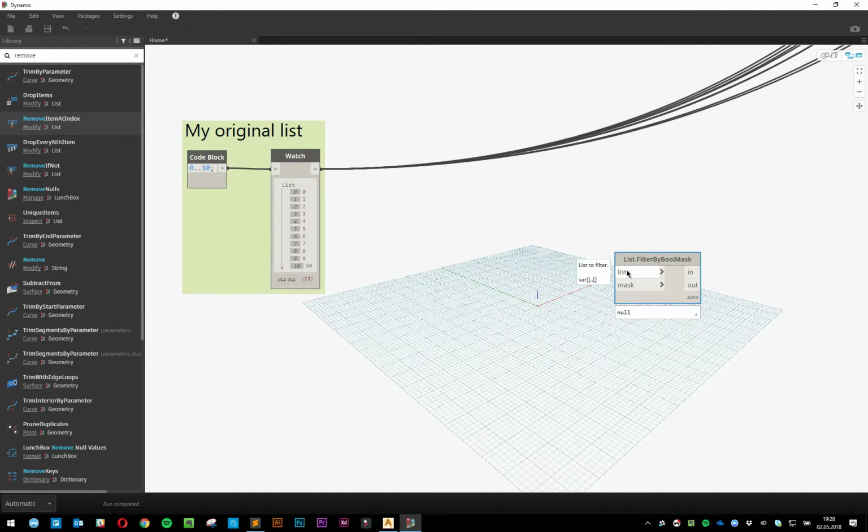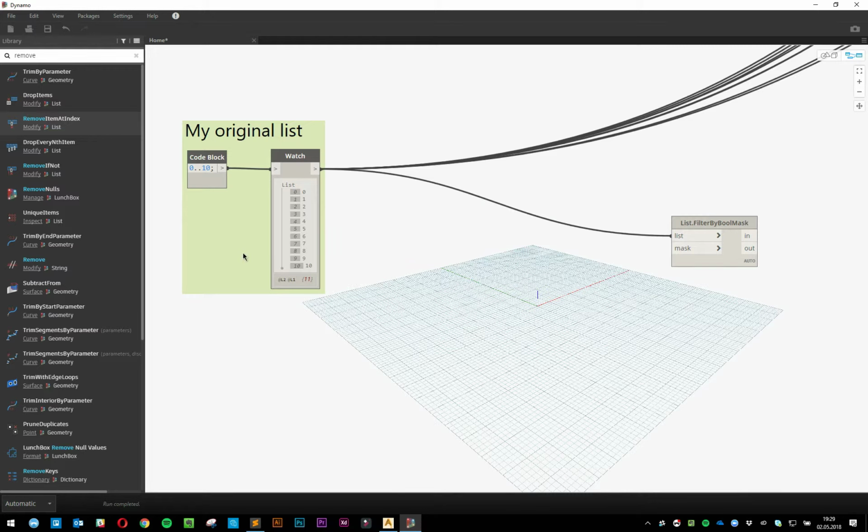So first of all, let's start with the list to filter. That's really easy. That's my list here. Now we have to create a list of booleans. Okay, so a list that says 0 is true, 1 is false, 2 is true, 3 is false, 4 is true. You get the idea. False, true, false, true, false, true. All right. So how do we do that? We have to create a list based on the condition that says an even number is true and an odd number is false. So